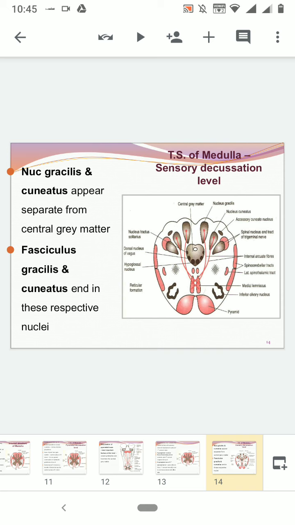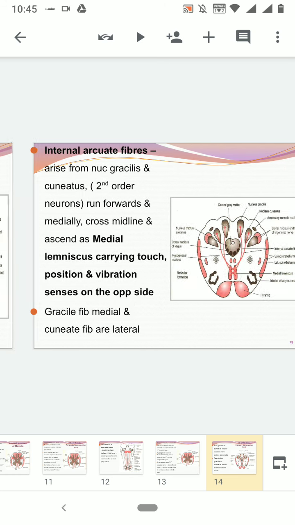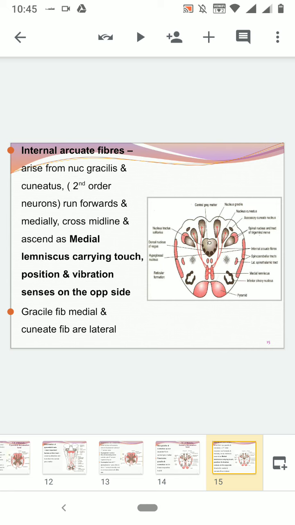Okay, so what do these tracts contain? These fibers are called ascending fibers because they carry sensations. What sensations are they carrying? They carry vibration, conscious proprioception, position sense, stereognosis, kinesthesia. All these things you will be learning in physiology too. Okay, so we have talked about that only, it is there in these slides. So what are these fibers called? These fibers which are crossing are also called the internal arcuate fibers. So they cross and they form a tract which is called the medial lemniscus.